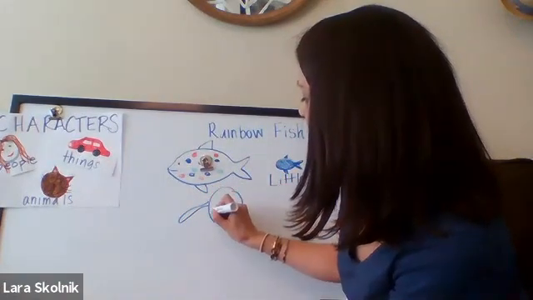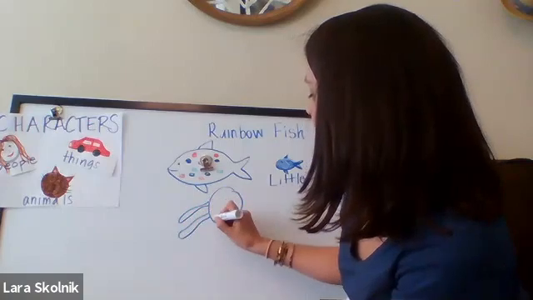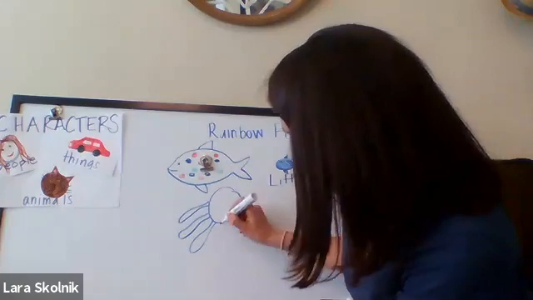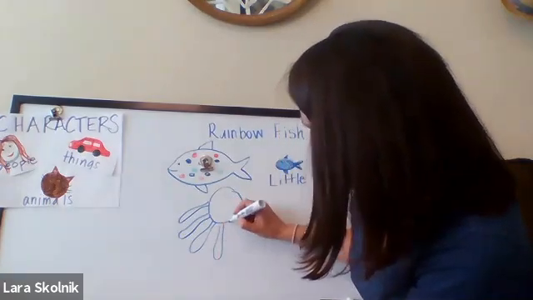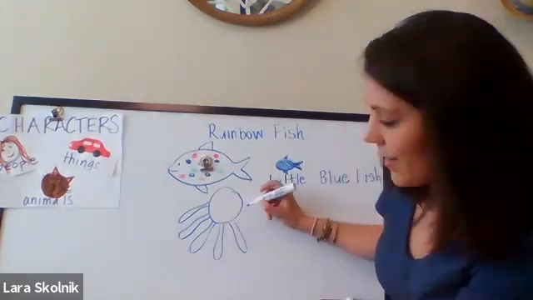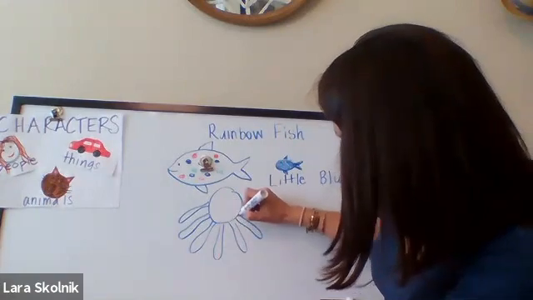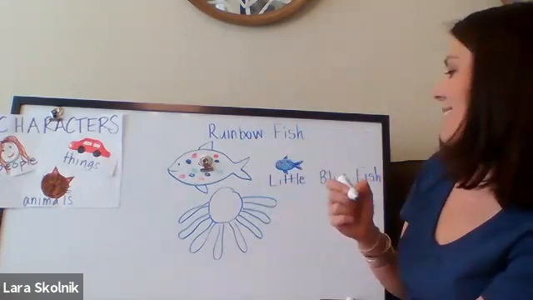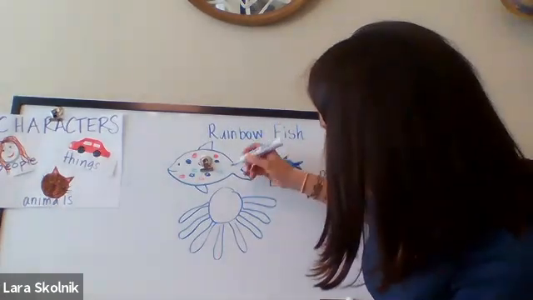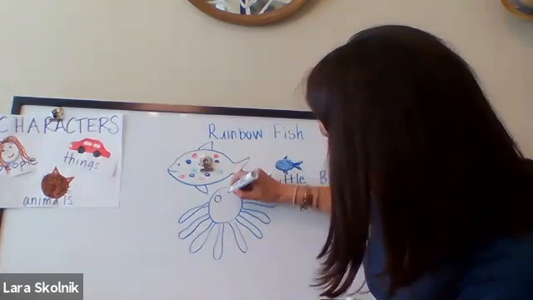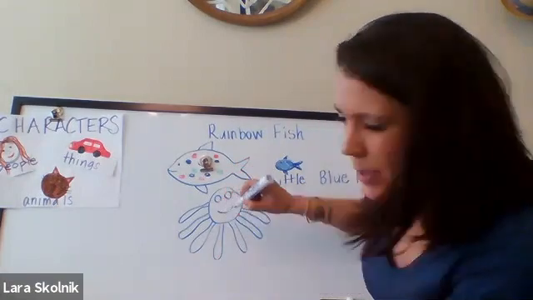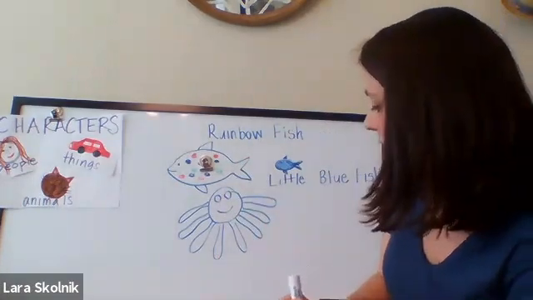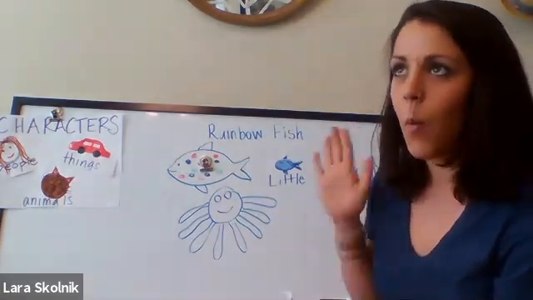1, 2, 3, 4, 5, nice, 6, 7, 8. Awesome. And remember, she had 2 bright eyes and a mouth because she did talk to him. Or yeah, she did talk to him. All right, so there's our octopus. Let's label her. All right, wise